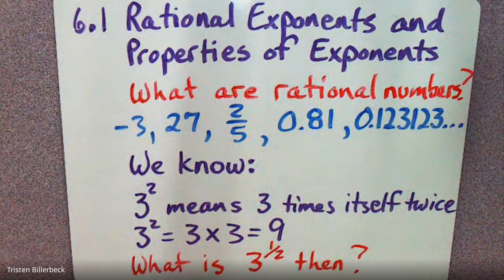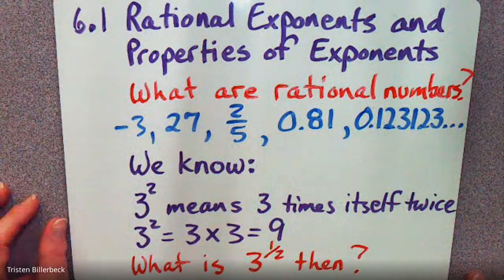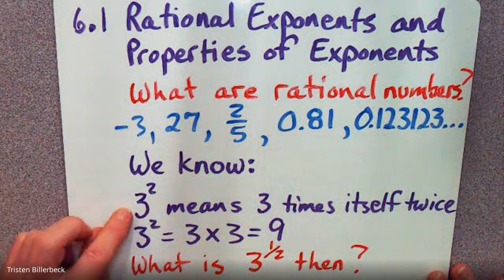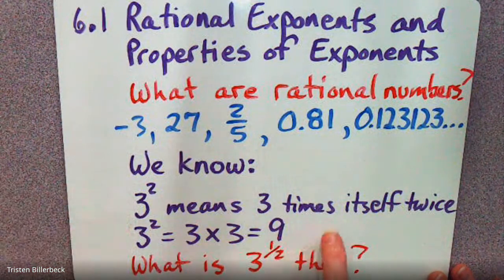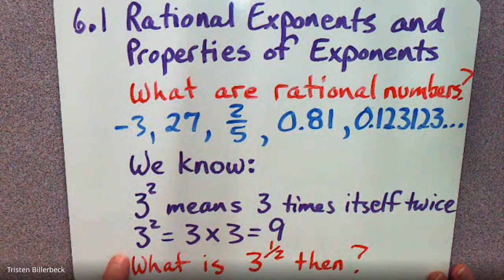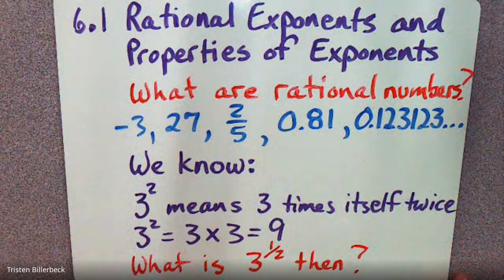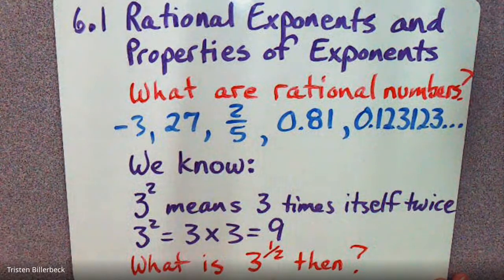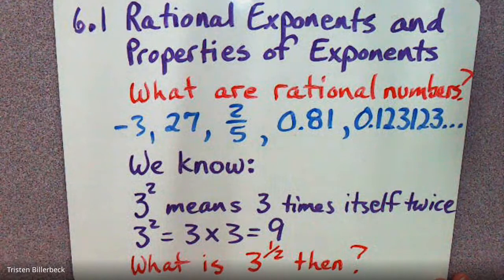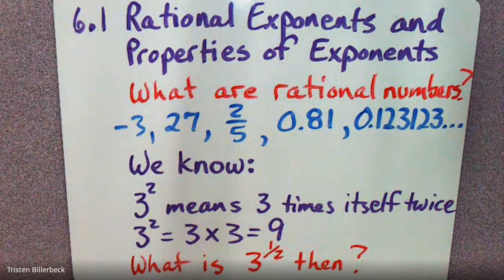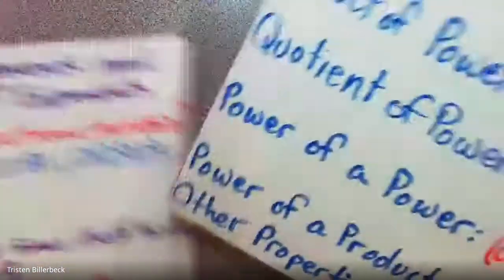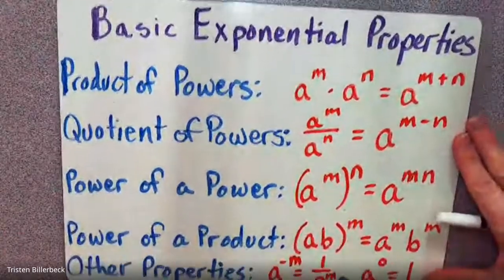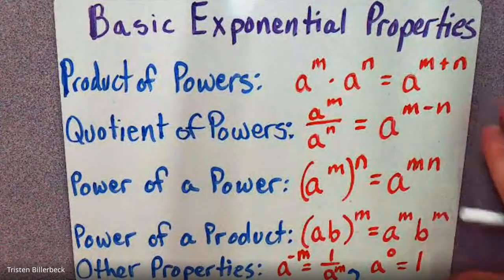Okay? So let's look at what we know so far. We know that 3 squared means 3 times itself twice. So 3 squared equals 3 times 3, which equals 9. So what is 3 to the 1/2 then? That's 3 with a rational exponent of 1/2. What could that be? So let's take a look at what we do know. Okay, so what we've learned before